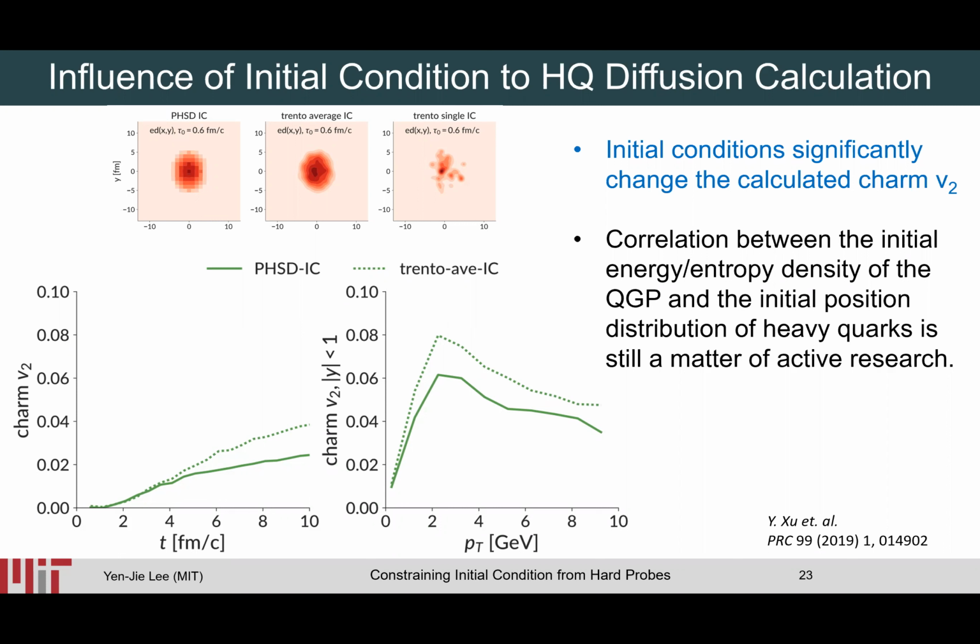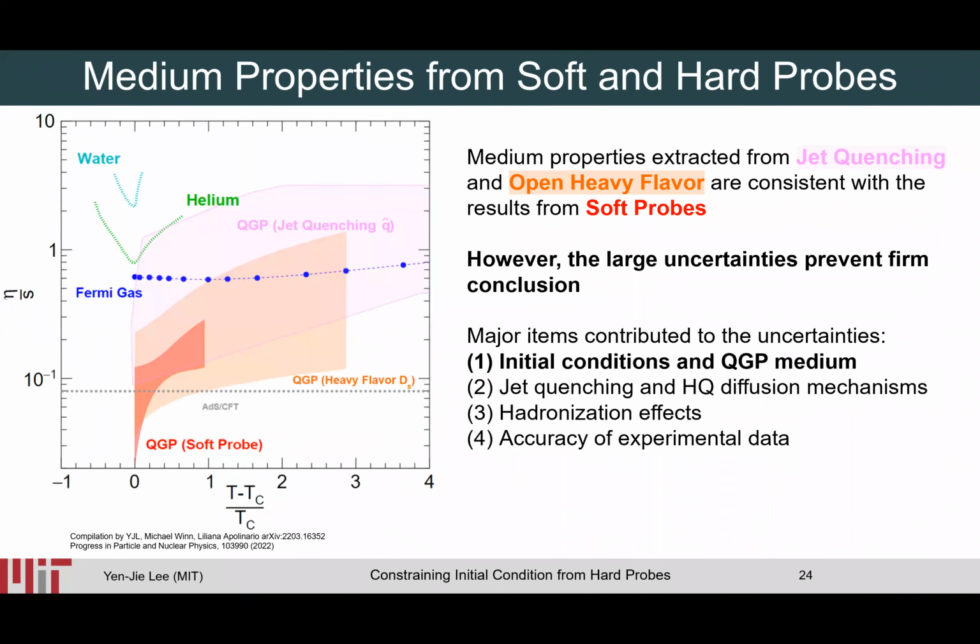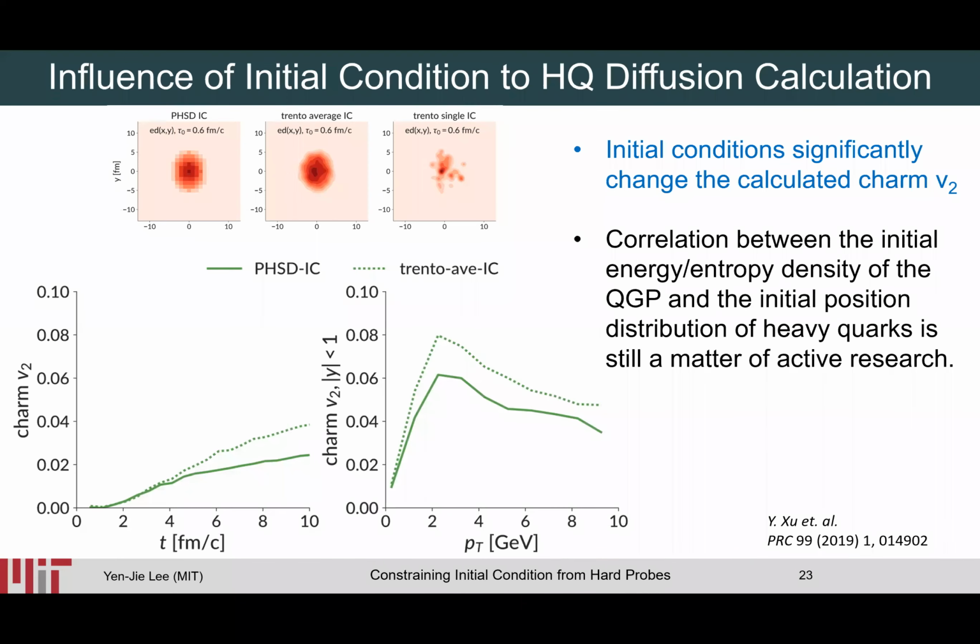The amount of acquired v2 is different if you use different medium associated with different initial conditions. So this is one of the major uncertainties so far, which is contributing to the heavy quark and jet quenching parameter calculation. Yes. So when you use average, this is because the difference, because one is event by event average,